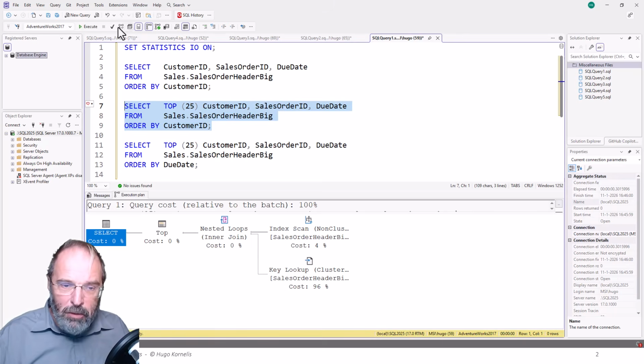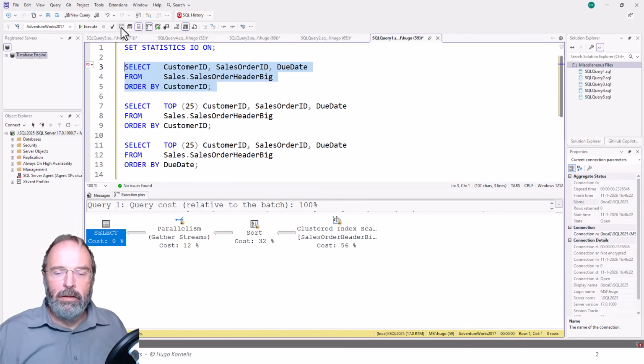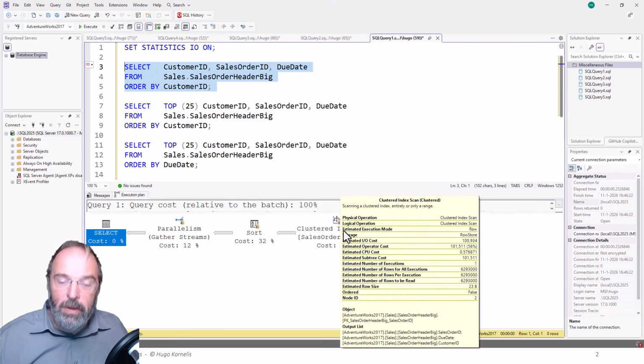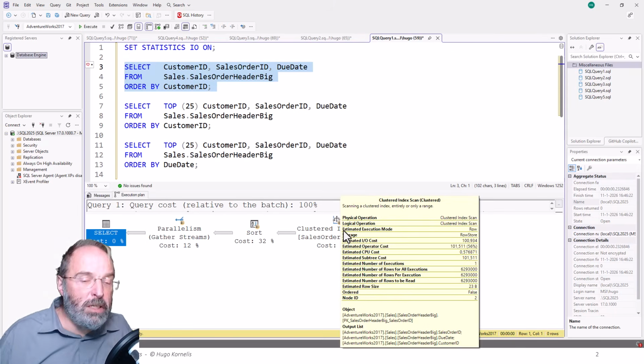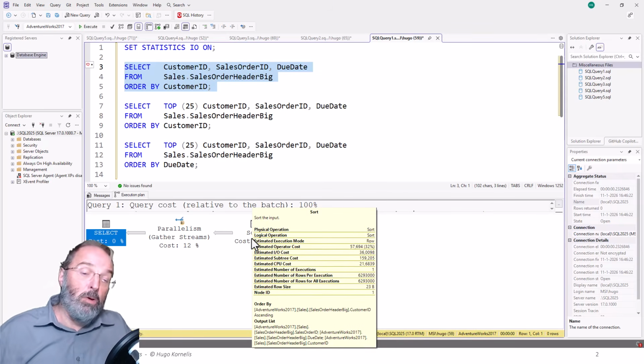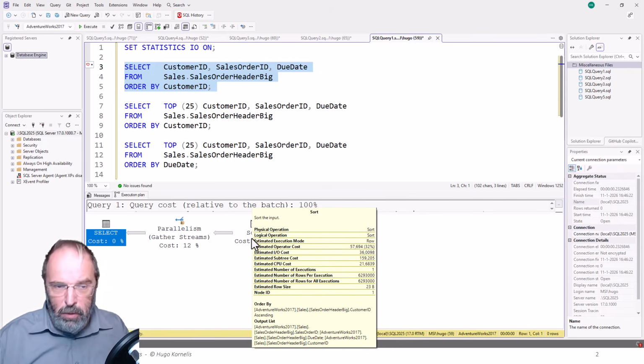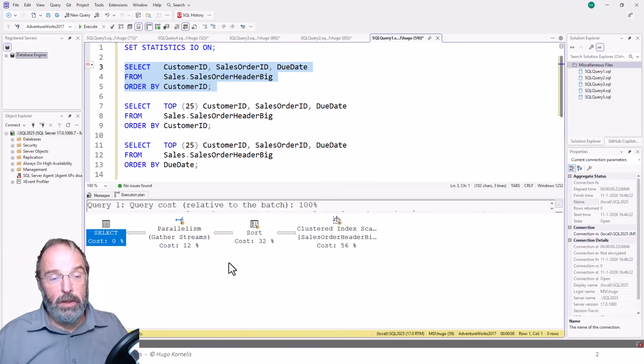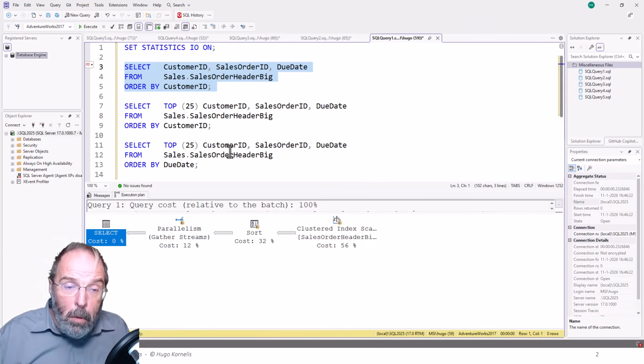If I go back to the execution plan of the original query without the TOP, you see that there is a clustered index scan that just reads the entire table, all 6 million rows, then it is all sorted, and then, because we're in parallel, everything is gathered on a single stream, so we can return the data. Now, with this